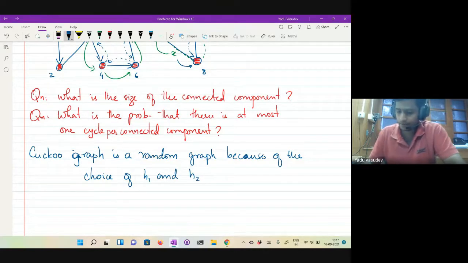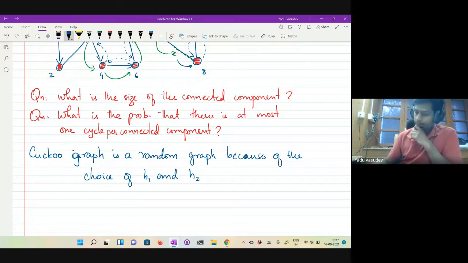How is this graph generated? How is this random graph generated? We need to study this random graph now, right? And how is this random graph generated?